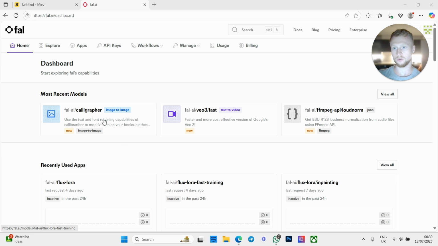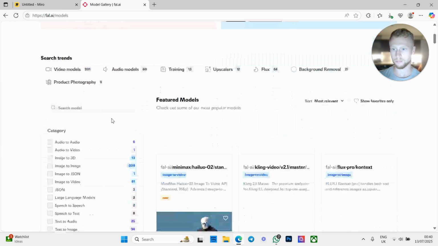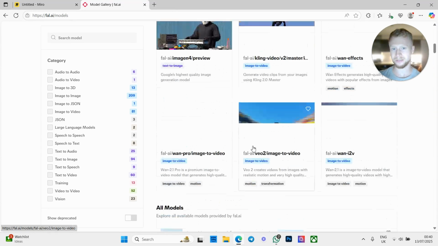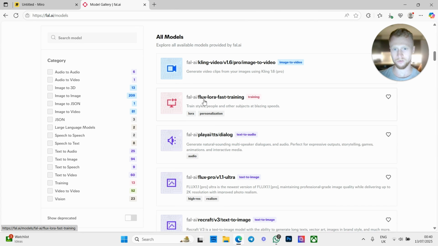So like I showed you guys in the last episode, we're going to be finding this Fal.ai Flux LoRA fast train. So let me show you how to find that again. If we go onto the Explore, you guys would have rocked up here. Now you're probably going to be looking at it again, thinking, what is all of this? It's confusing. We're basically going to be looking for Fal.ai